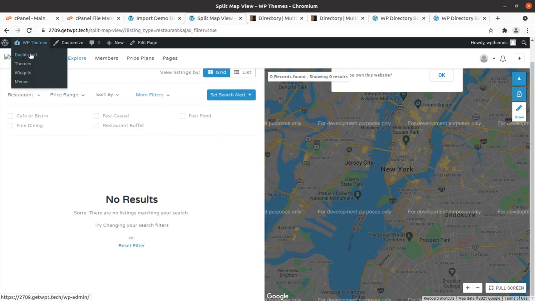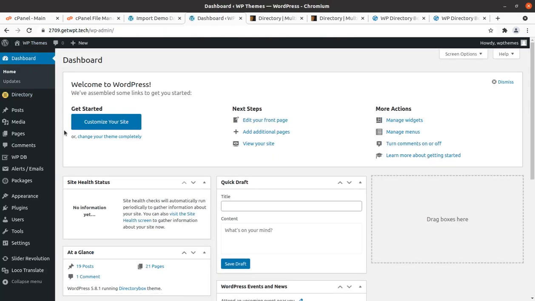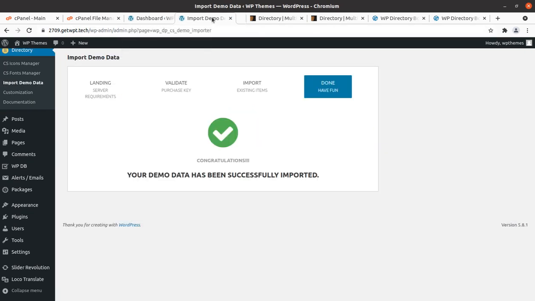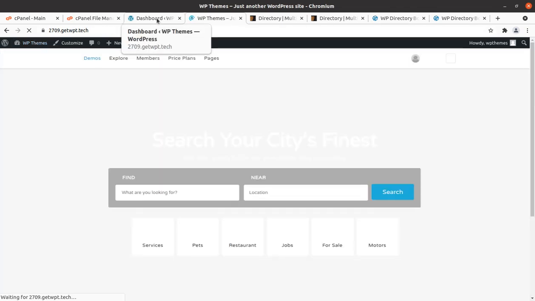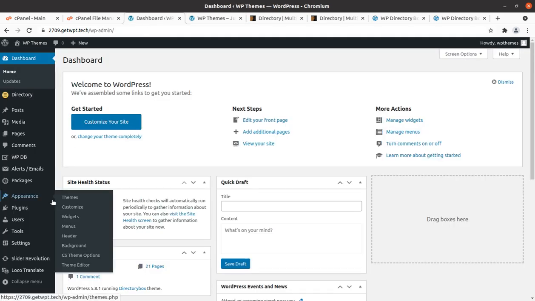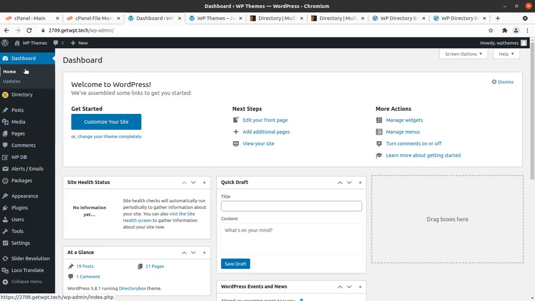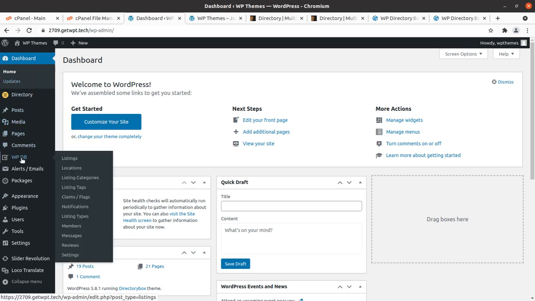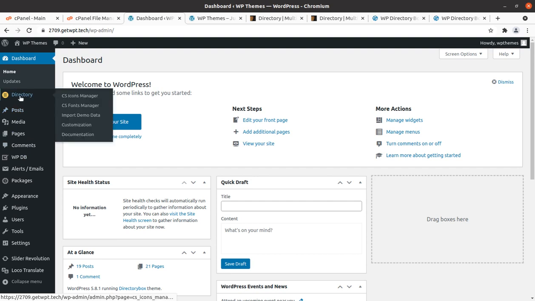So okay, now it is time to show you the backend of this website. We have this website as a result of our activity, and it is good. I'll show you the backend features that we got in this installation. I will show you only the additional things that we got upon WordPress, and the directory we have already used. The icon manager and fonts manager are here.